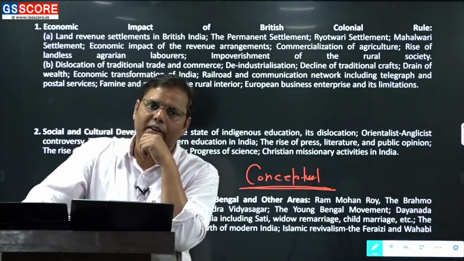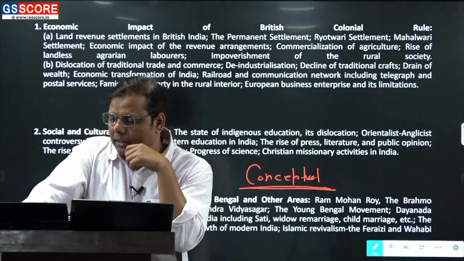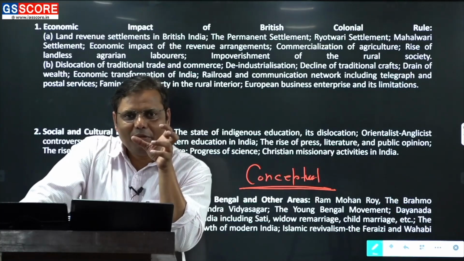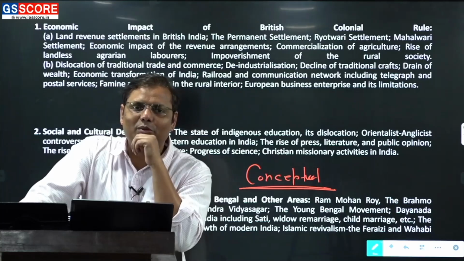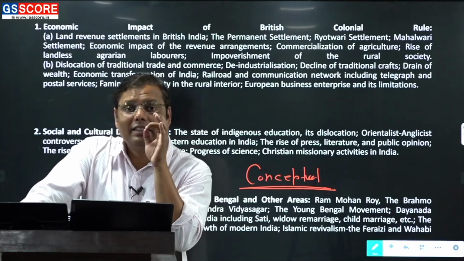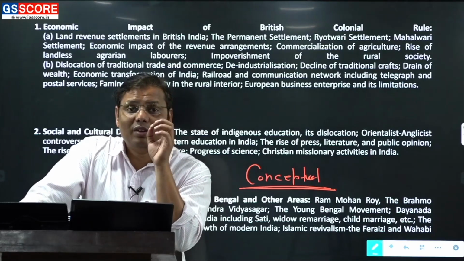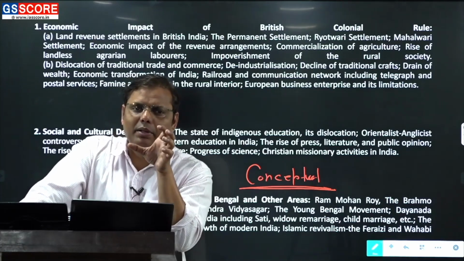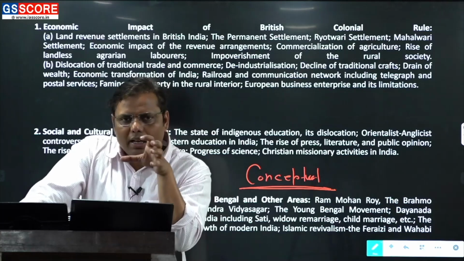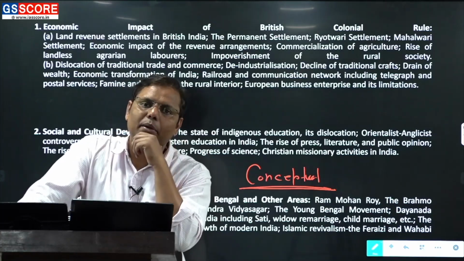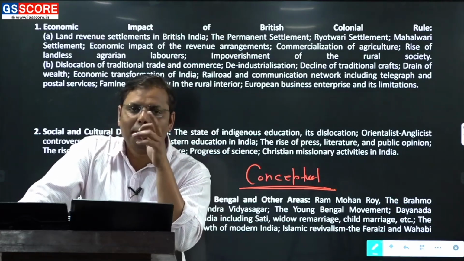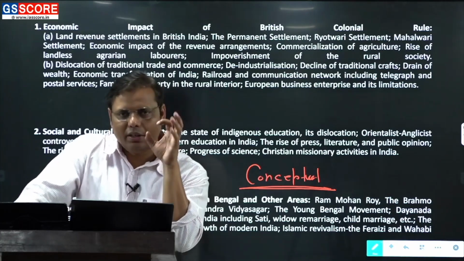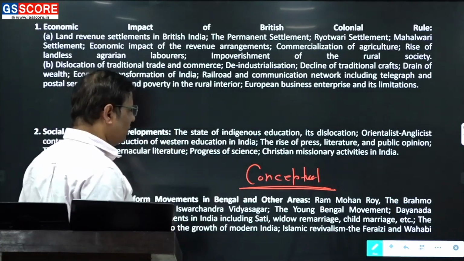And let me make it simpler for you. If you read the book of Shekhar Bandyopadhyay, From Plassey to Partition and After, then you'll realize that sometimes a single statement given in the book has been framed in the form of a question and asked to you. There are at least 10 such opportunities you can find, which are dealt with in Shekhar Bandyopadhyay, maybe in just one line, maybe a couple of lines, maybe one paragraph, and they have been picked for you. That's why I'm suggesting the book of Shekhar Bandyopadhyay is very important. So don't read modern India very factually, rather try to develop your concepts also in this part.